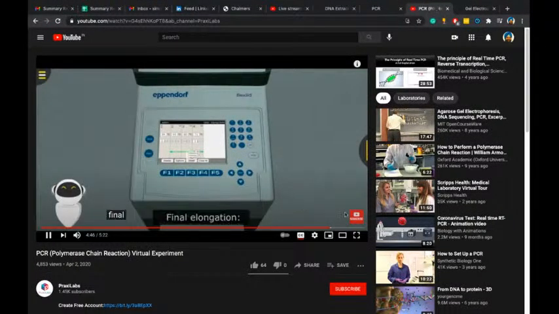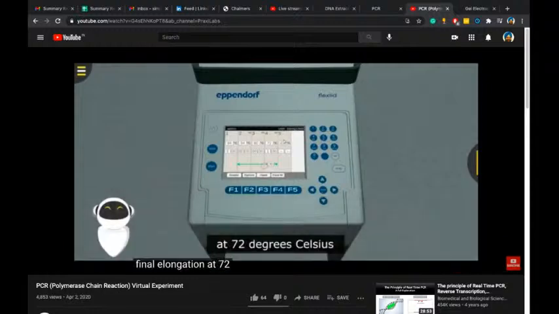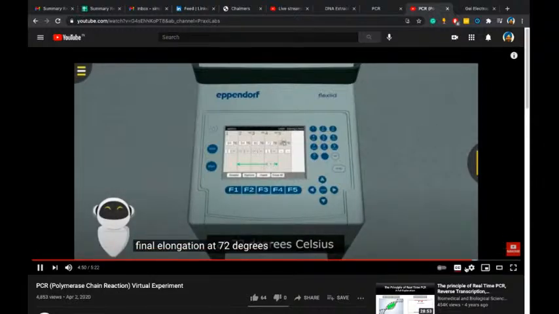Final elongation at 72 degrees Celsius for 10 minutes